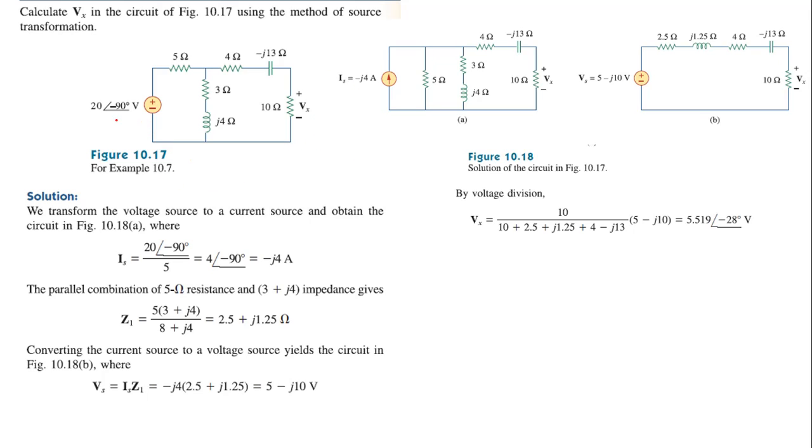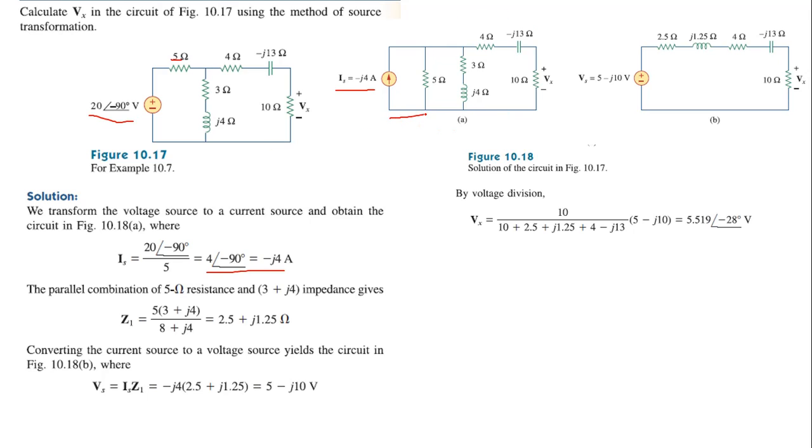So let us first transform this voltage source into a current source. How can we find the value of current? Is will be equal to Vs by R. Substituting here, we get the value of current. This is the value of the current source. Now this circuit gets modified like this. We have a current source in parallel with the same 5 ohm resistance, so in parallel we draw a 5 ohm resistor. The other part of the circuit is the same.